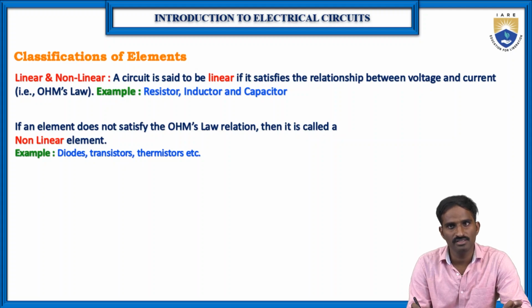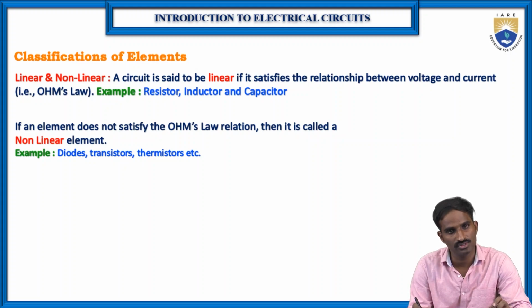So if the components present in the circuit satisfy linearity, which means Ohm's law, then those elements are called linear elements. The best examples are resistor, inductor and capacitor. Other than resistance, inductance and capacitance, there are voltage and current, and if the relation between voltage and current is linear,